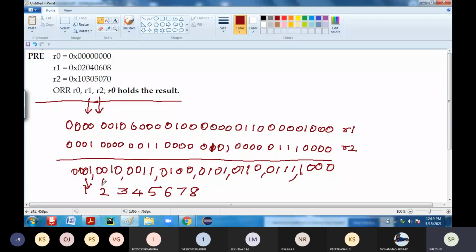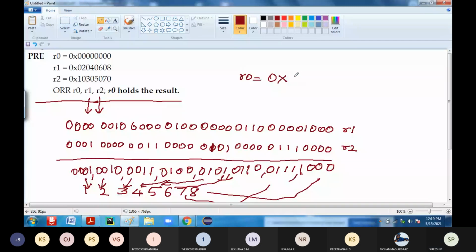Okay. This will be 0, 1, 2, 3, 4, 5, 6, 7, and 8. So the value which is stored in your result R0 will be what? R0 will be equal to 0x12345678. So that is the value which will be stored in your register R0. So now once you have this,